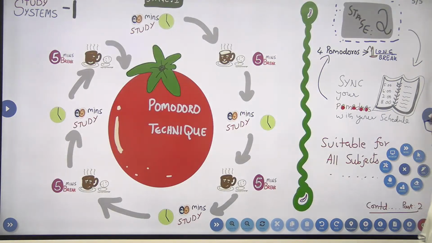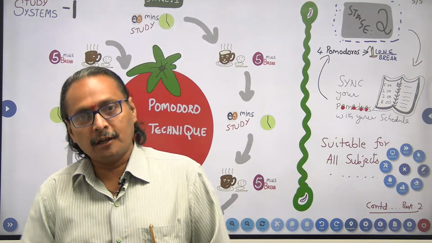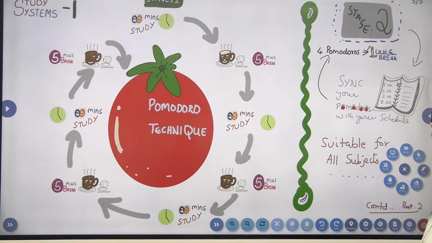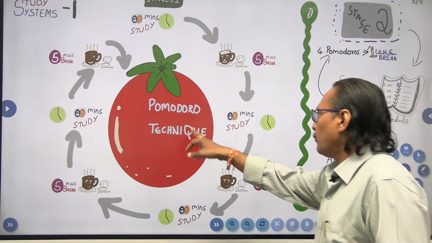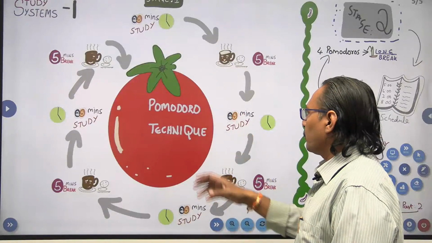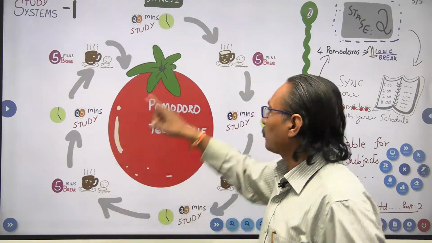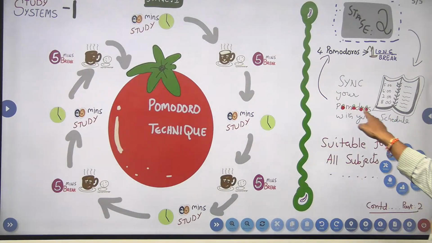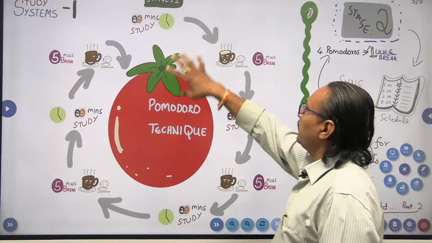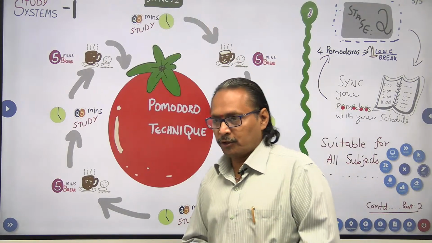Then we go to the next most popular technique, and it appears to you most colorfully also, and it has been working wonders for a long time. That is what is called the Pomodoro technique. In Italian, Pomodoro means a tomato. So this is called a Pomodoro. I think in Pomodoro we have 4 O's representing the 4 tomatoes. You see, I have done the same thing here. The 4 tomatoes in the word Pomodoro actually represent the 4 stages within the first stage itself. So what is this Pomodoro technique?